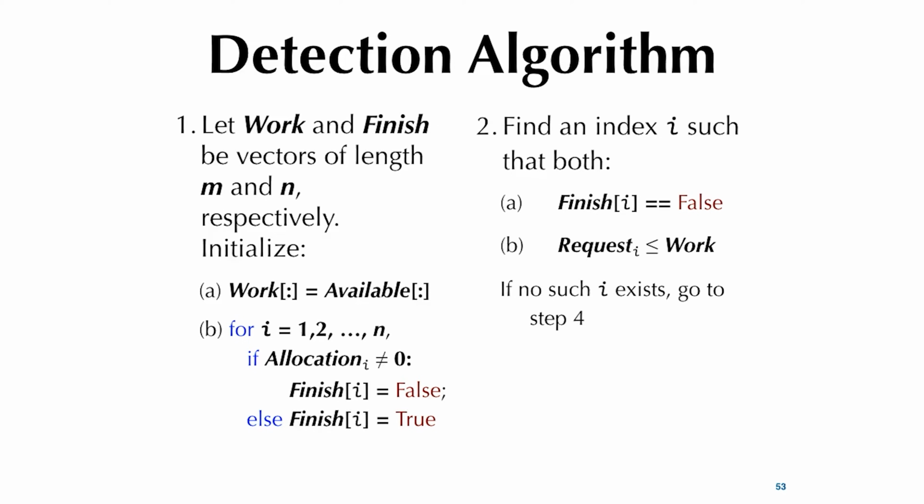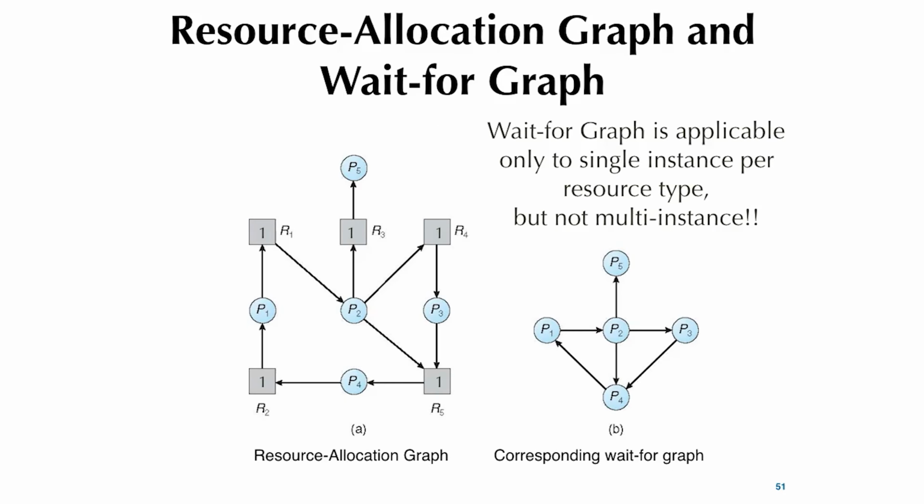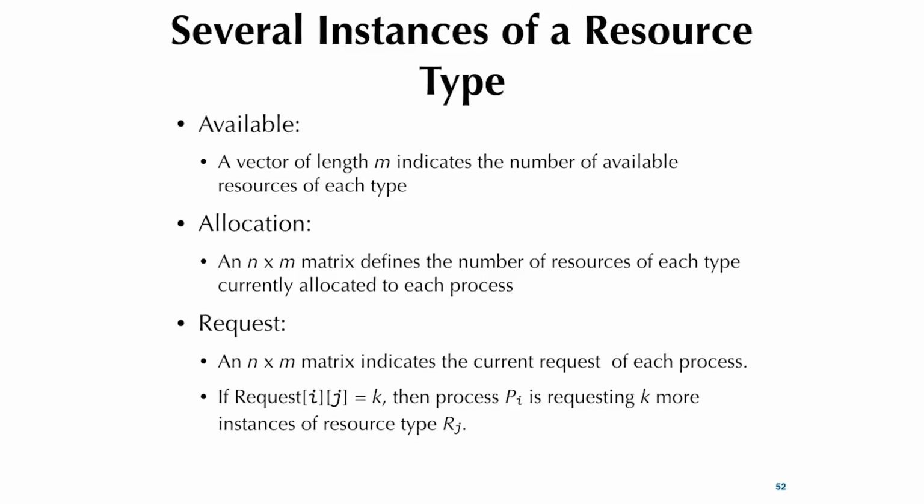We were last Monday. If it's a single instance resource, you could use a resource allocation graph, basically collapsing the resource allocation graph down to the wait-for graph. You don't need the resource type because there's only a single instance, right? And now if you have multiple instances, then you run something that is actually kind of similar to the safety or Banker's algorithm we've seen before. Banker's algorithm has this upper loop, where it does the safety test, and then there's the actual resource granting decision.